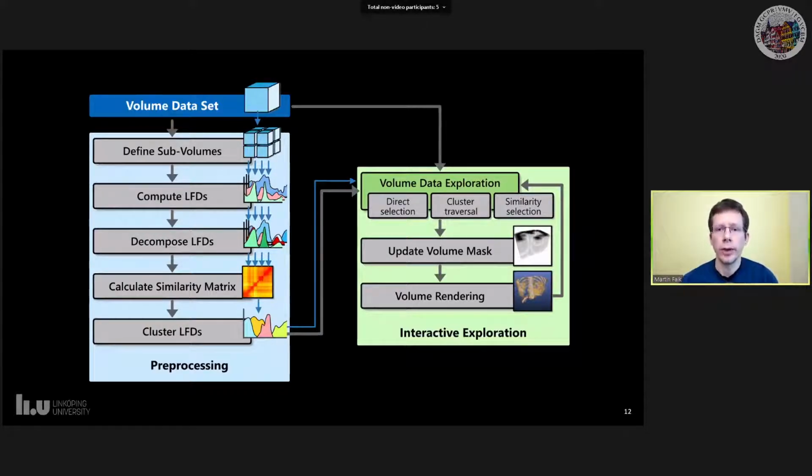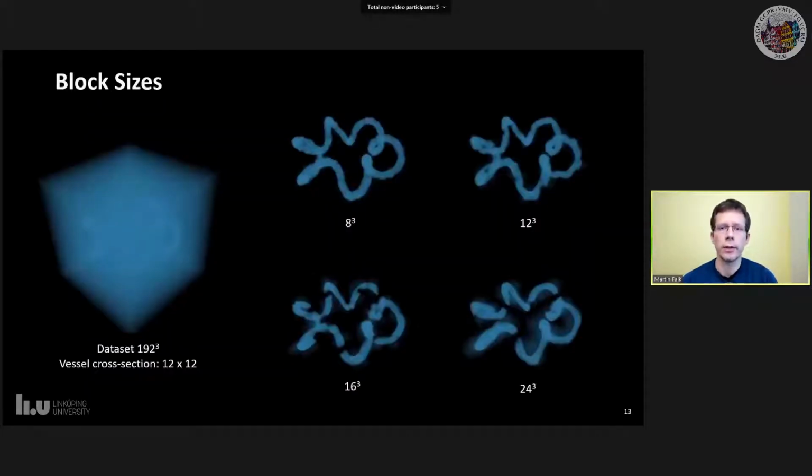Talking about subvolumes, the immediate question coming to mind is, how large should these subvolumes be? In this example here, it's the same as in the introduction. We have a volume dimension of 192 cubed voxels, and we have this vessel structure hidden inside. On the right-hand side, you can see the results for different block sizes, ranging from 8 cubed up to